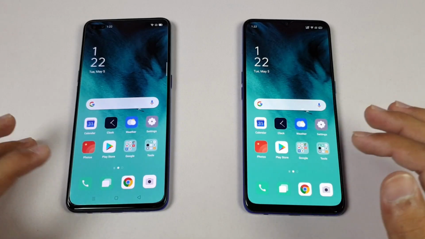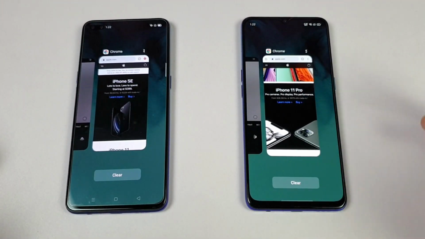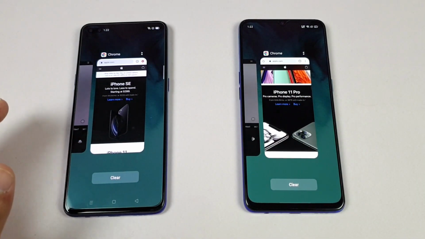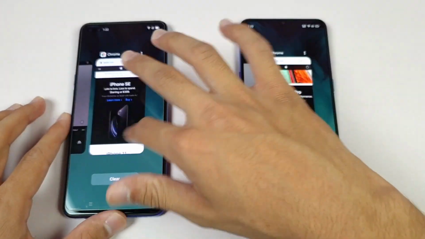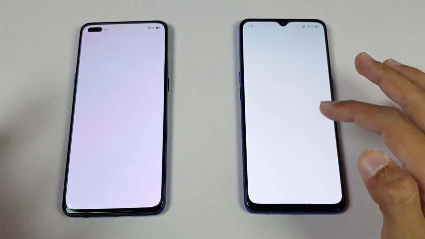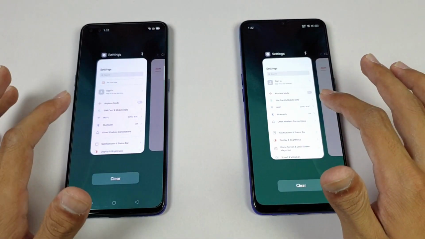Now let's see the RAM measurement on both phones. Both phones give you 8 GB of RAM. In my last speed test, the Oppo Reno 3 Pro did not perform well in the RAM measurement. Same thing with the Oppo Reno 3, but let's see who is better in the RAM measurement. Phone dialer, that card refreshed on both phones. Both phones give you a massive 8 GB of RAM, but